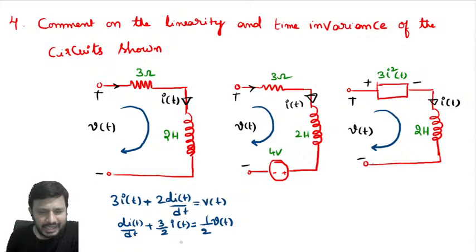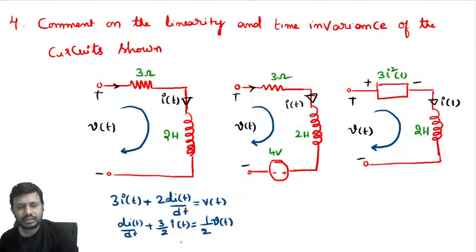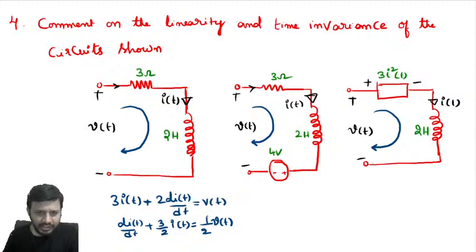Differential equation, linearity. How to check? See, if you observe, we are having all linear elements only, di of t by dt, and here your coefficients are constants. Constant coefficients are allowed, and in linearity, if the coefficients are functions of the independent variable, that is also allowed, but the coefficient cannot be functions of the dependent variable. So I can classify the first circuit as linear,